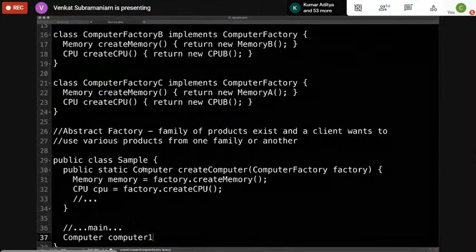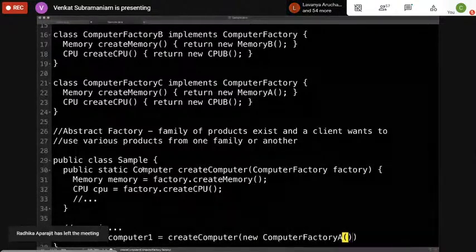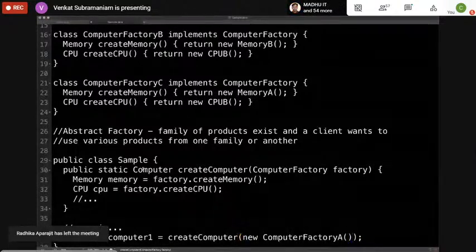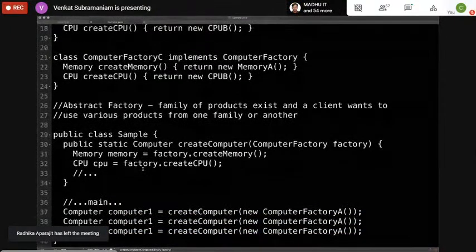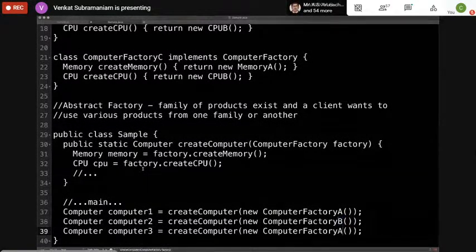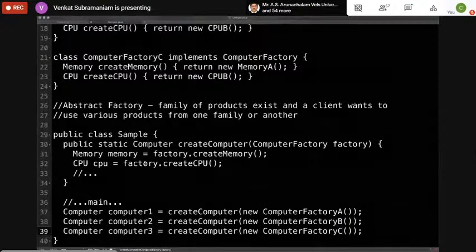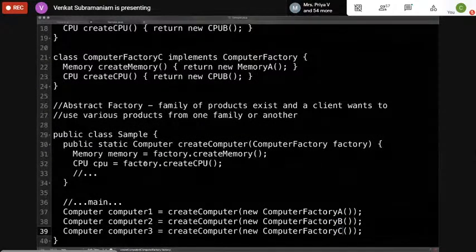So computer 1 is equal to create computer, but notice what I'm going to say, new computer factory A, and I can call this function like so. Similarly, I can call this again with a computer 2 or a computer 3, but this could be a B, and this could be a C. So the idea behind this is you have completely abstracted out what families of products come together.